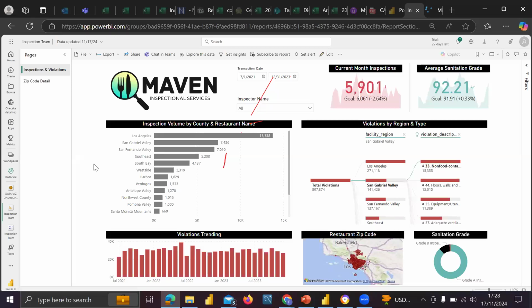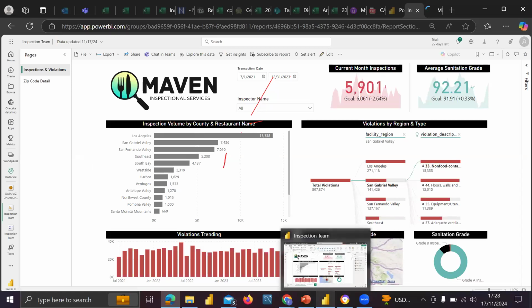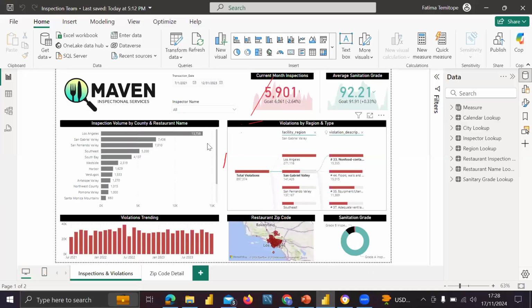You can even create Power BI mobile layouts from your Power BI desktop before publishing. Here you can see the desktop view and the mobile layout view.